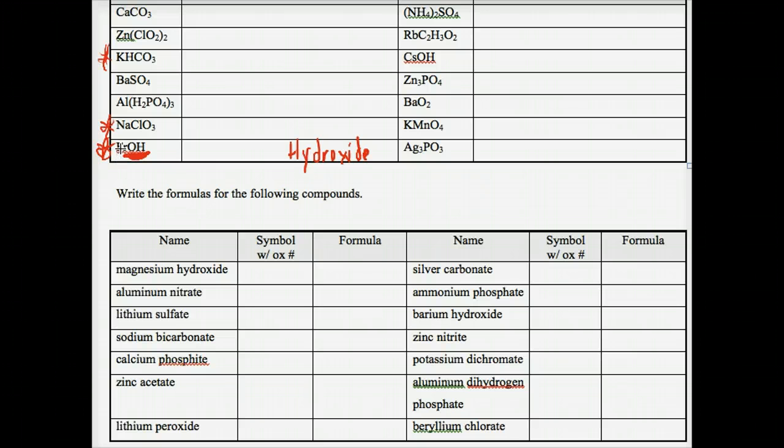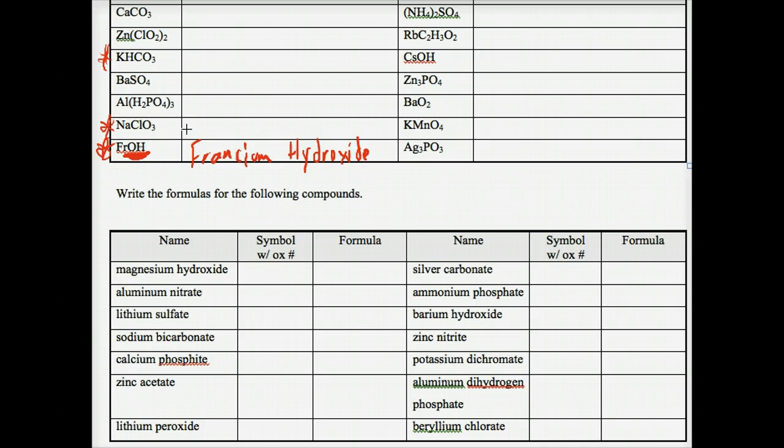Now I'm going to deal with the cation, the positive end here. And Fr is francium. It's in the first column, so it's a +1 charge. We don't have to write a Roman numeral. And I just say francium. Francium hydroxide. And that's going to be true for all of these. Okay, if I look up here, I have